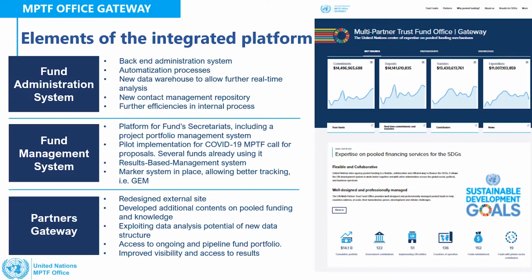The first level is the fund administration system, which, despite the bullet points, is really the core. It manages the concept at the fund level, at the parent level for the joint program. So what does it mean? When I need to create a joint program page in the internal application, the joint program is created with its own name, with the initial blurb or communication message of what the joint program is about, and then the